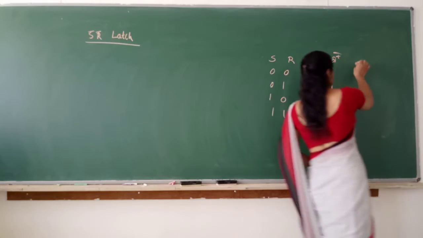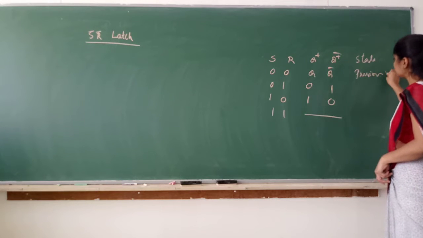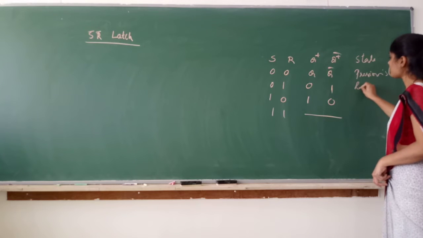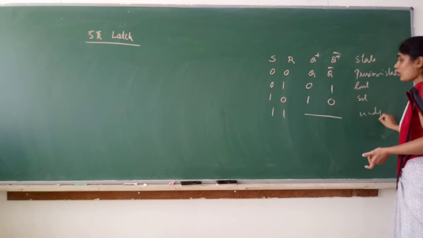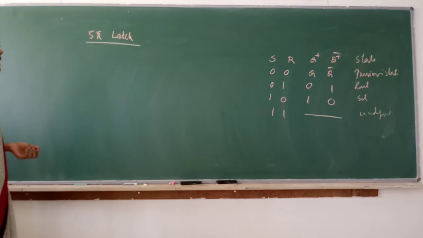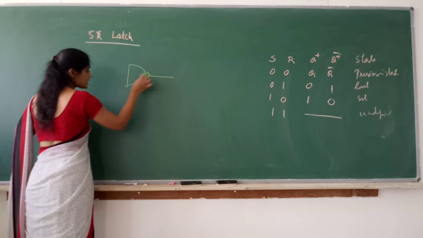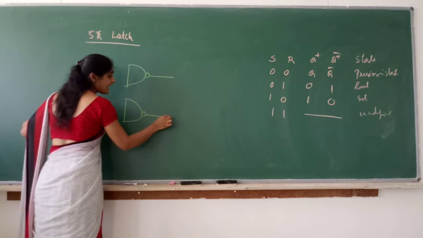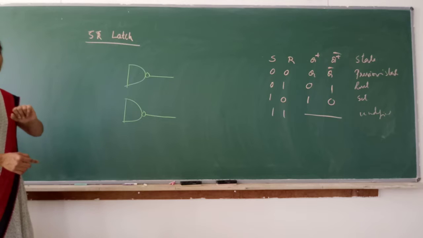So if you want to write the state of the latch: previous state, or reset or clear, you can even write clear, set or reset, undefined. Or you can write metastable state, okay? So now, S bar R bar latch. I'll write the circuit. You yourself can notice the difference between the SR latch and S bar R bar latch circuit diagram. Observe carefully. Which gate am I using here? I am using NAND gate. But which gate have we used in SR latch? It is NOR gate. That is the only difference.